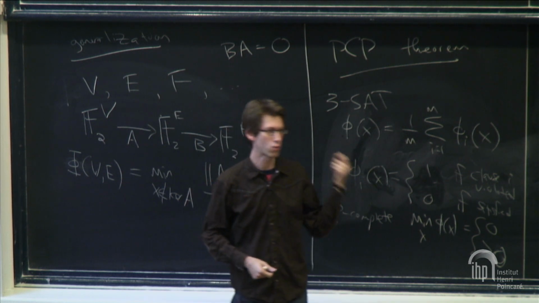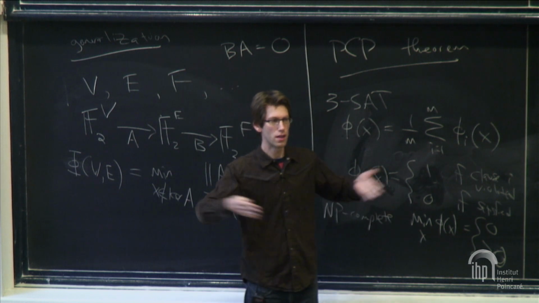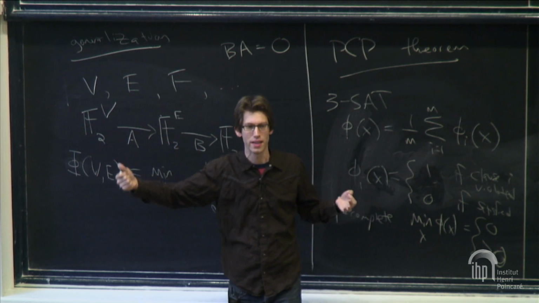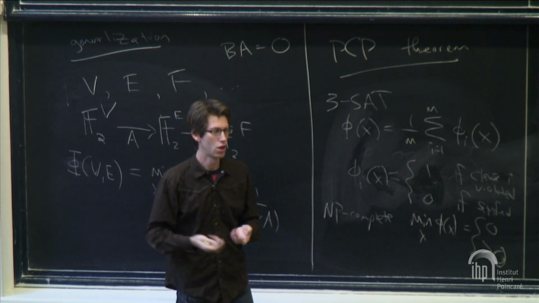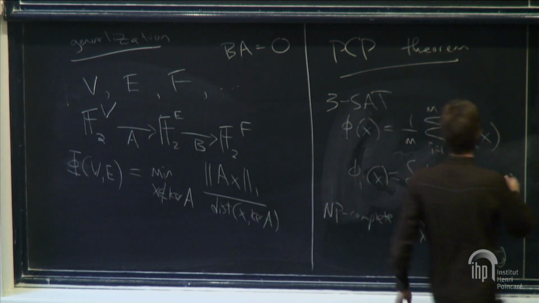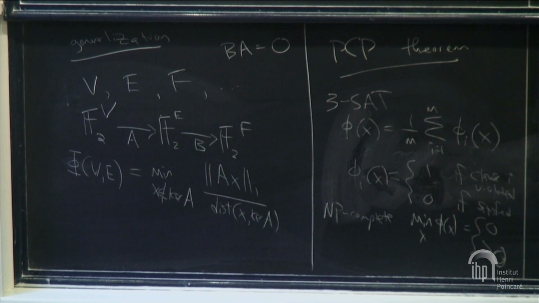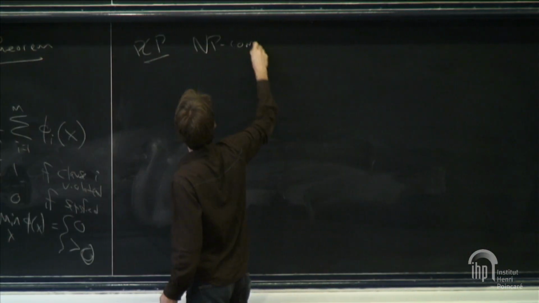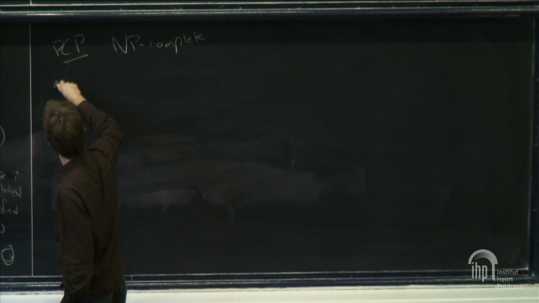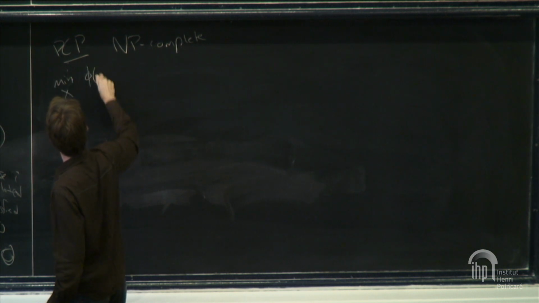If you just pick one at random, let's say there are m clauses, and only one of them was violated, the chance that you pick that one will be small. It'll shrink with the size of the system. Whereas the PCP theorem says that it's NP complete to distinguish these two cases, minimum over x of phi of x